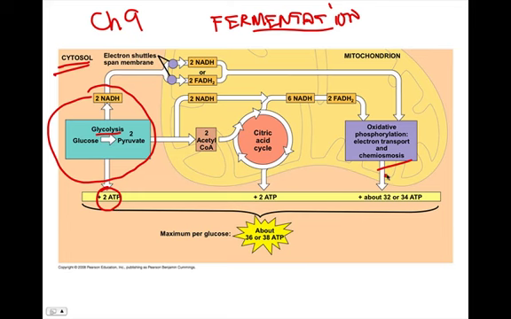So compare the presence of oxygen, highly efficient production of ATP, to the absence of oxygen, where only a little bit of ATP gets made, and the NADH that gets made during glycolysis is actually thrown away. And we'll talk about why it's thrown away. Fermentation is a very inefficient process, but it continues because, for example, when we're running and our muscles run out of oxygen, we want to keep running because maybe we're running away from a tiger. So it's kind of a life-saving shunt,